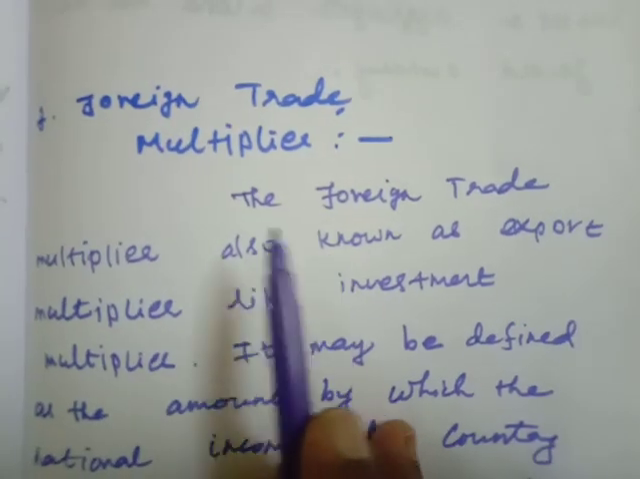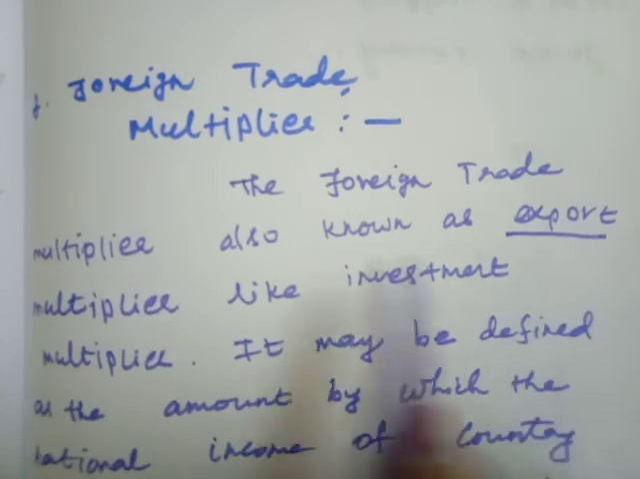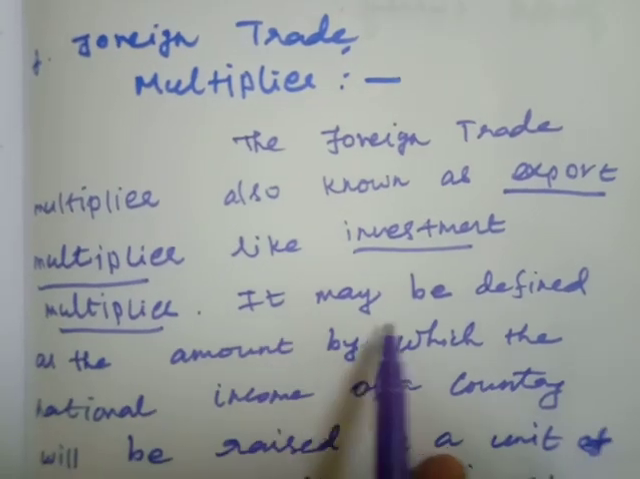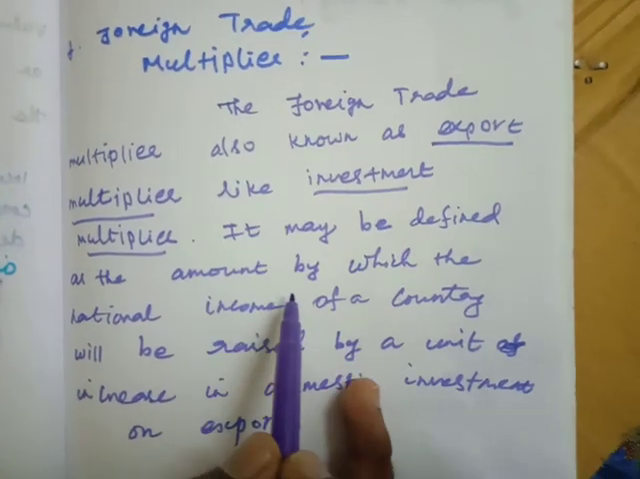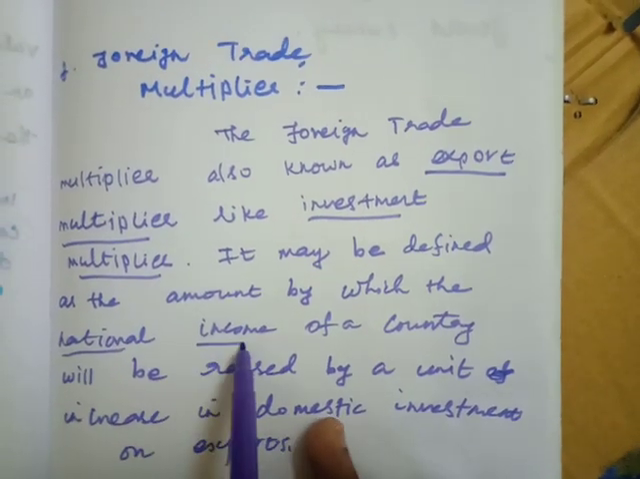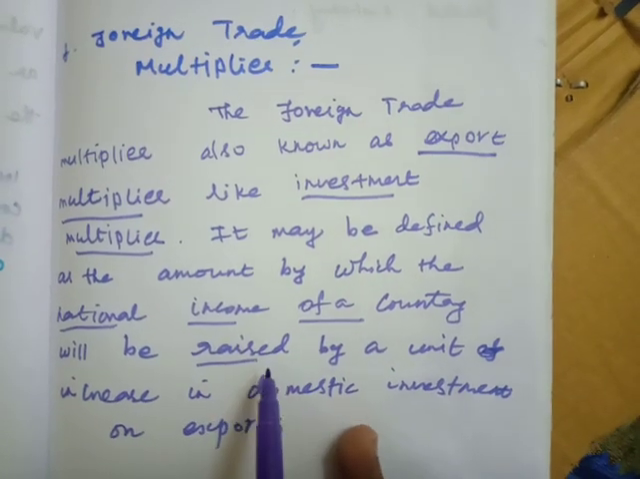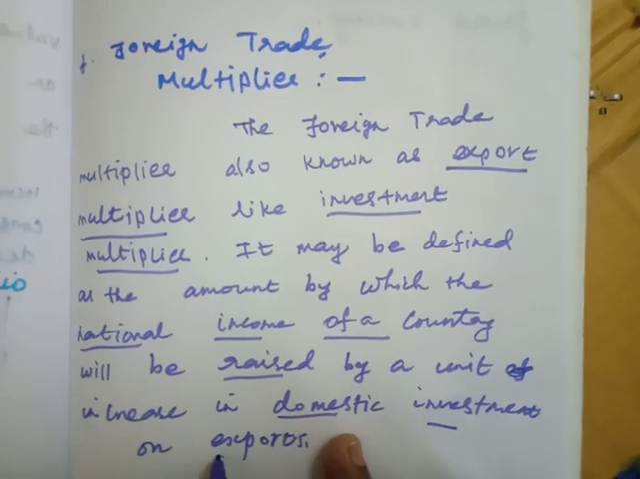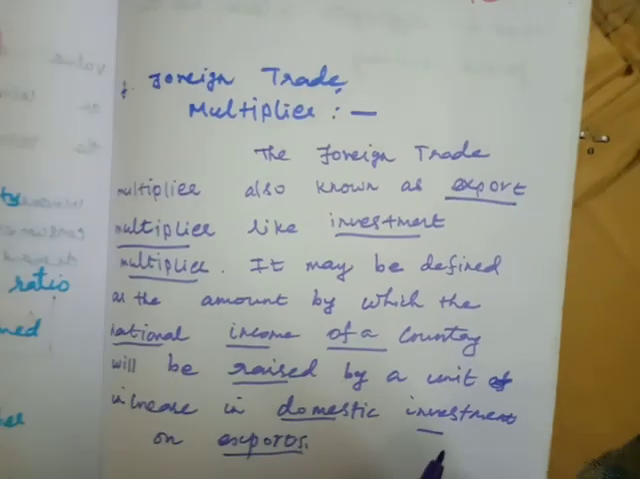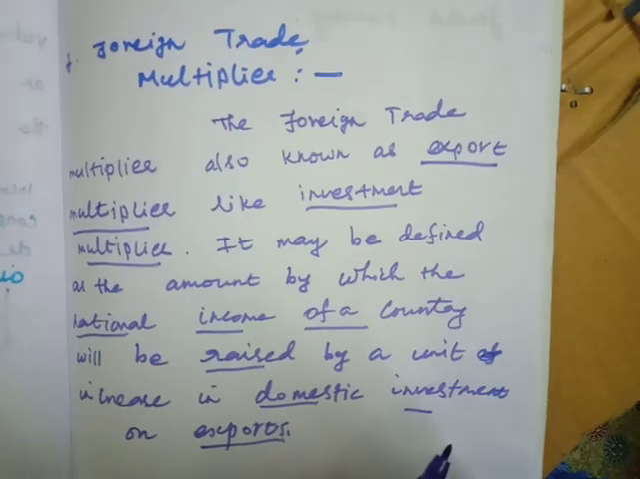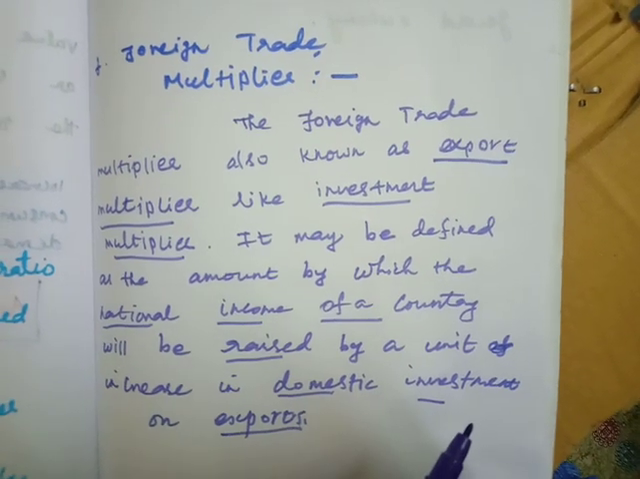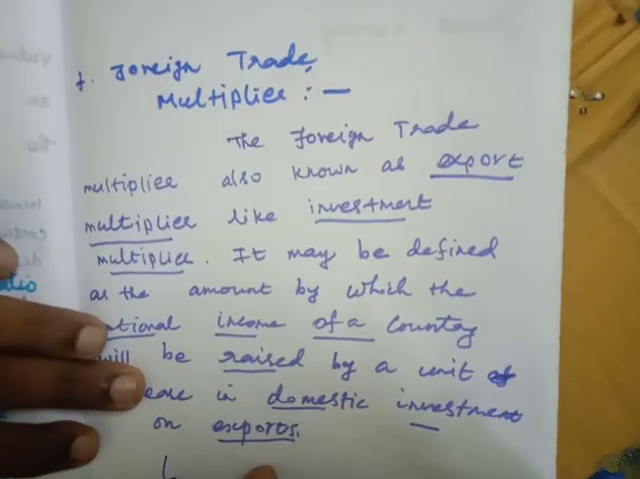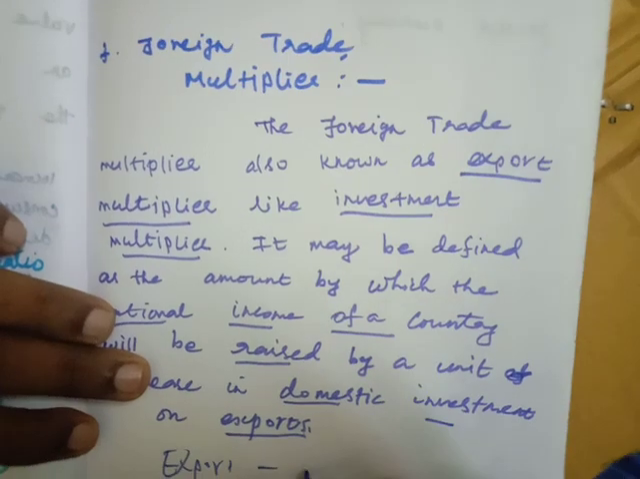So the foreign trade multiplier, also known as the export multiplier, is like the investment multiplier. It may be defined as the amount by which the national income of a country will be raised by 1 unit of domestic investment on export. Nothing but when we increase 1 unit of export, it will lead to an increase in the national income, because export receives the income,